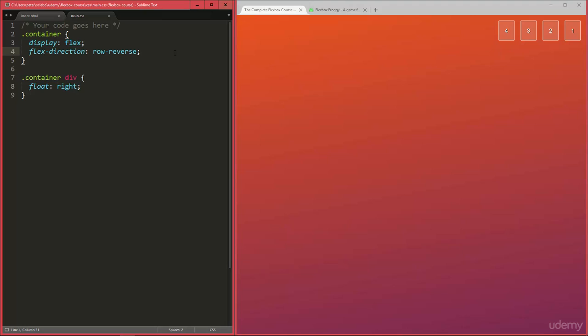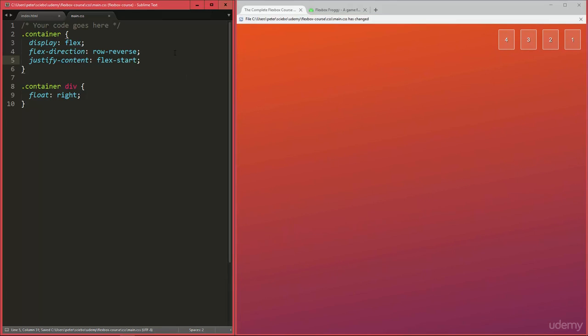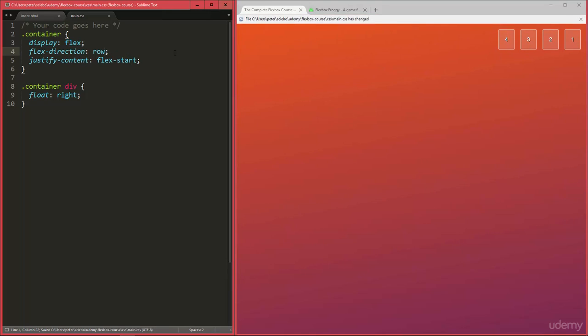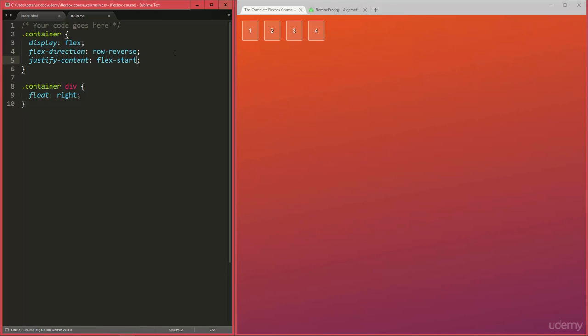Alright, so the property you wanna look at here is called justify content, and there are 5 different values for this. And the way you can remember this best, I think, is to think about text align. It's actually quite similar, and also the different values you can have kind of remind you of the values you have for text align. So first of all, and also the default is flex start, not flex end, flex start, which is just gonna keep it as it was. For row reverse, this is basically gonna justify all the items to the right side, and if I just had row here, then it would be on the left like normal, like the default.